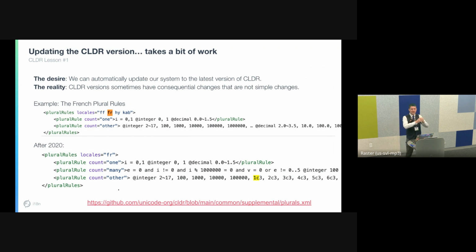We have this library of translations, tens of thousands of translations that depend on the plural rules that we had in 2019. And now in 2020, we have to go back and retranslate those. So you have to be very careful when making these updates. Do we now have to go back? Because if the rule in our system is, if we don't have a translation, just give them English, now suddenly we'll be regressing. And so we want to make sure that we can be ahead of this.